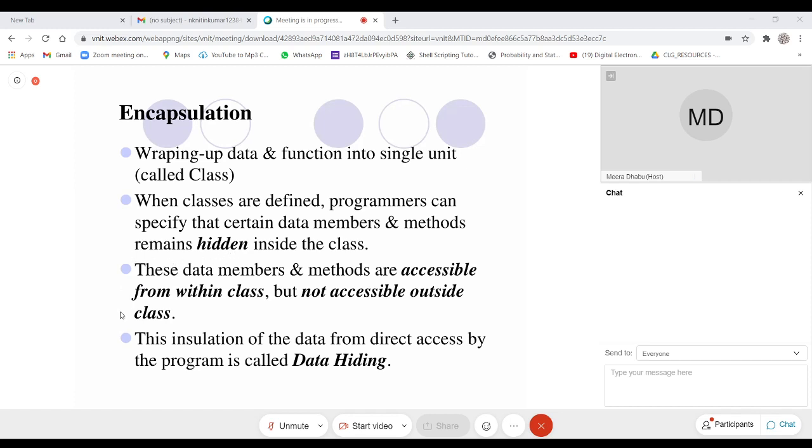Of course, we need to specify some access specifier. Using access specifier, we can say that these data members can be private. These methods, as I just mentioned, methods are always public.